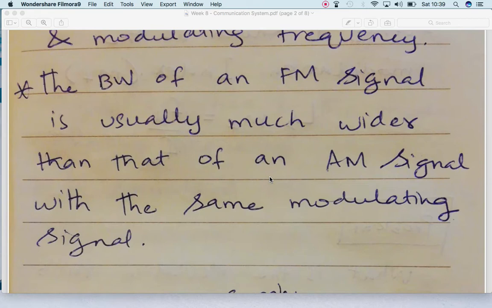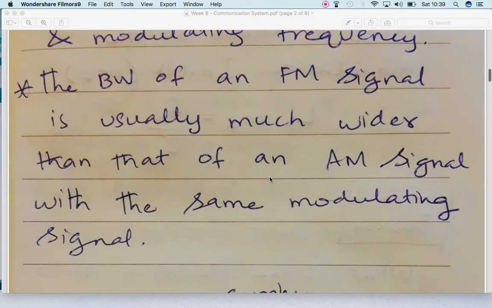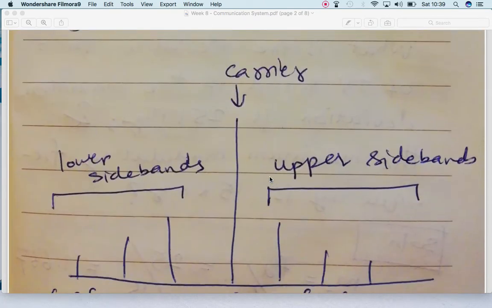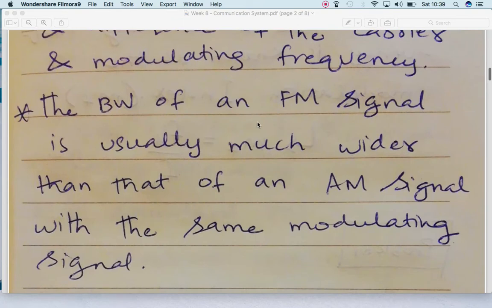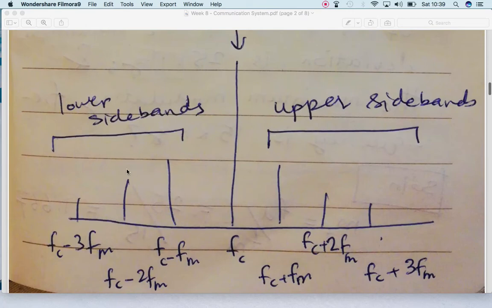in the AM signal we have a modulating signal, and the modulating signal is being modulated in the modulator, and the amplitude of the carrier is varied, while in the FM signal the frequency of the carrier is varied. So when FM signals are viewed in the spectrum analyzer along with the AM signals, their bandwidth will be more, because their sidebands will be more on the right and left hand side than the AM modulated signal.